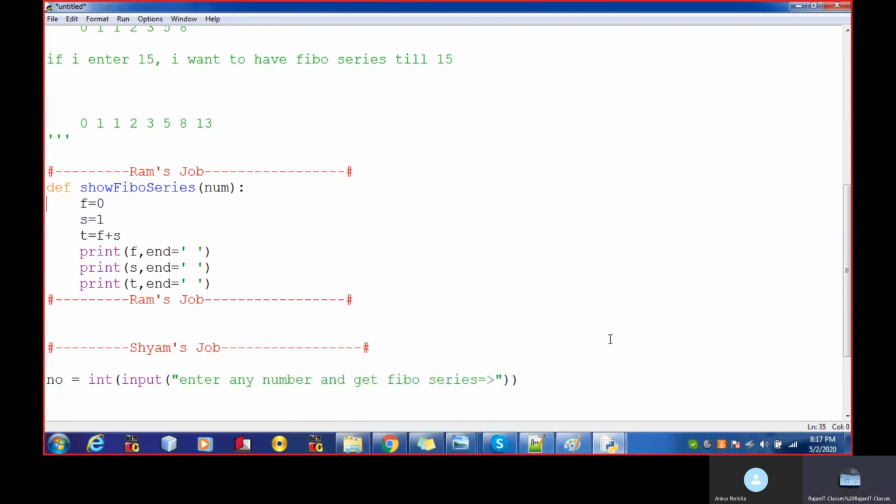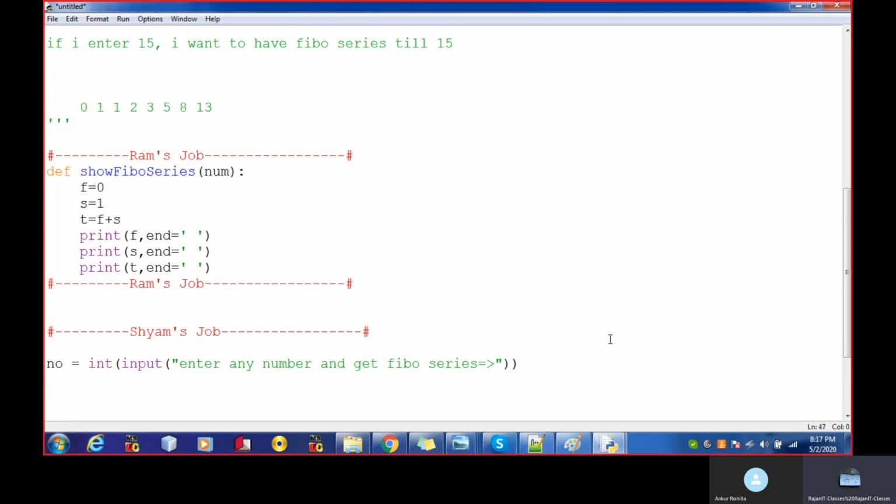So Sham doesn't know how to make the Fibonacci series. So obviously he will take the help from Ram, and Ram will suggest there is a function by the name of show Fibonacci series. Just call that function and pass the number. Here I'm going inside the Ram's job.